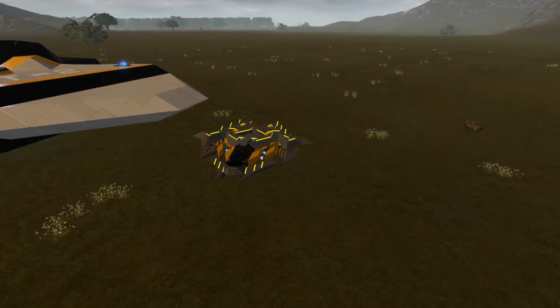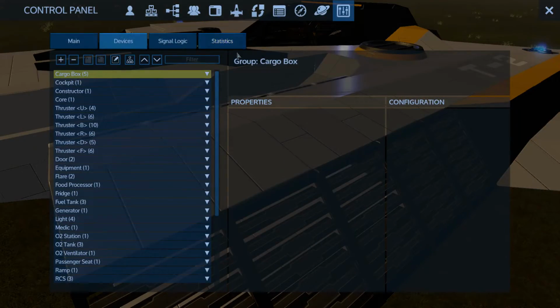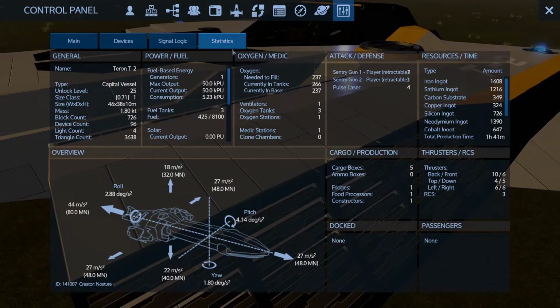Right, so that one's the Sovereign by Fractalite, and this is the Terran T2 by Nostia, or Nostia,